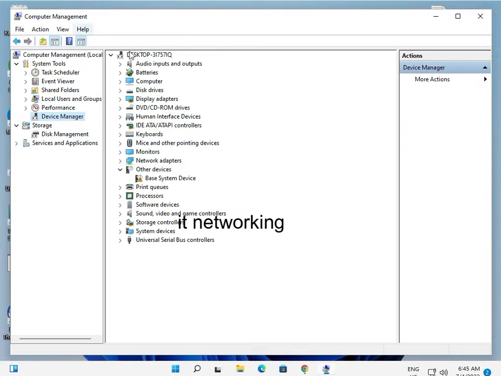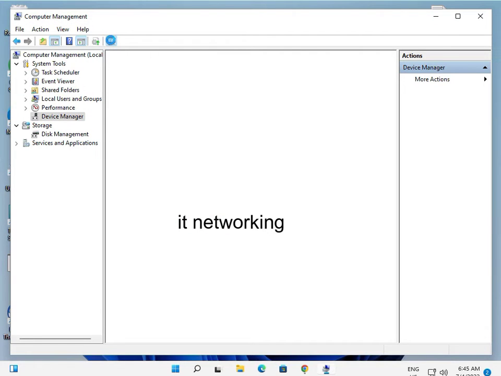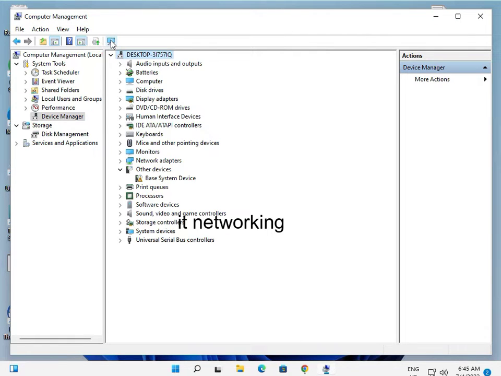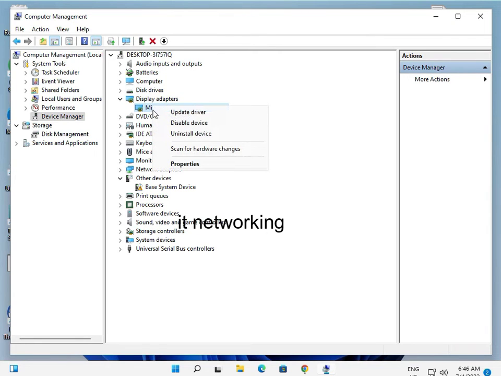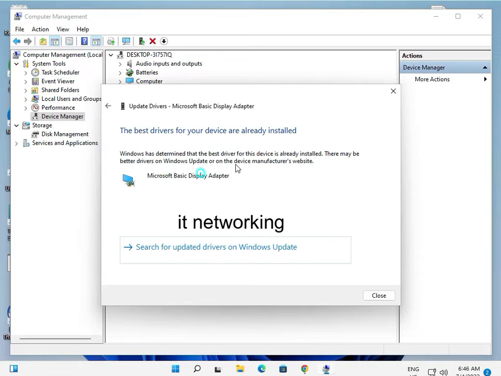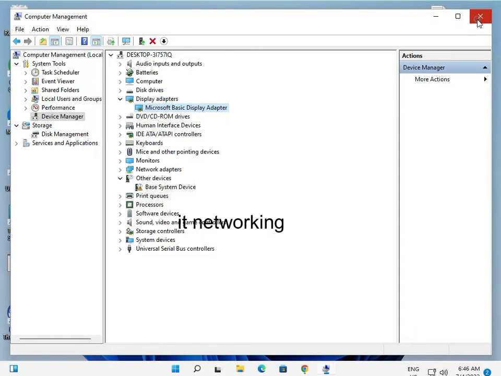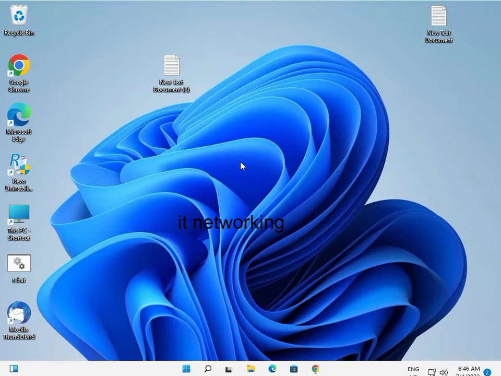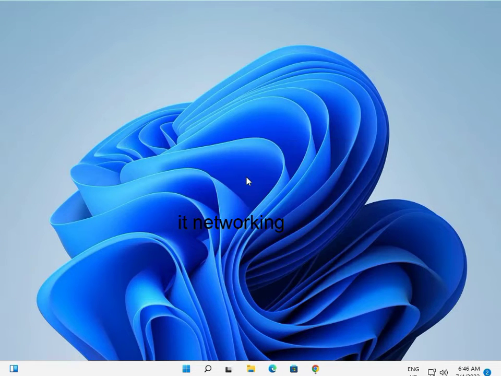Okay, you select and this is scan to hardware change, and guys, you display driver and right click update and then close it. Then